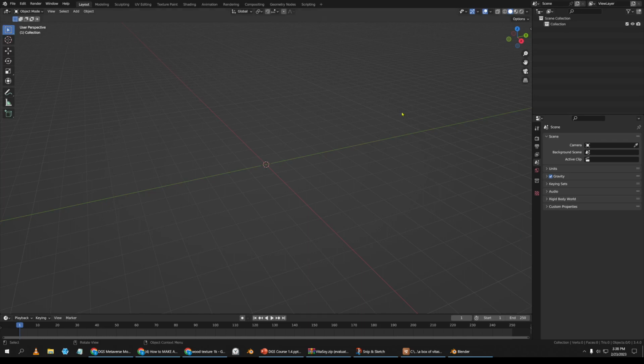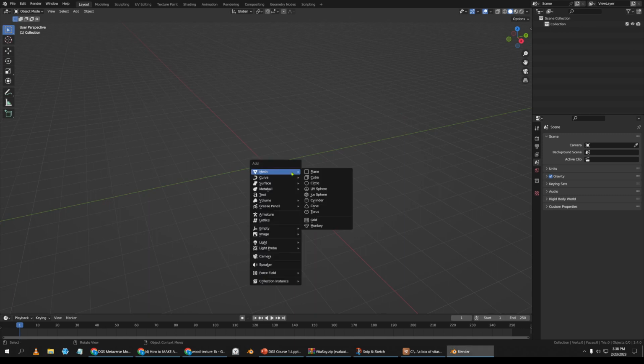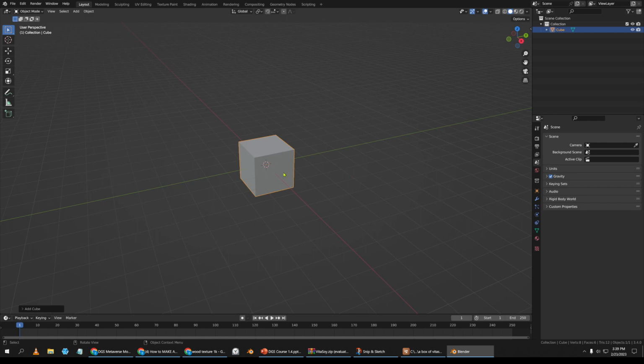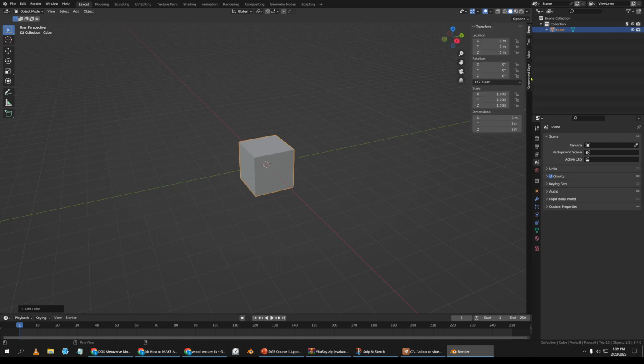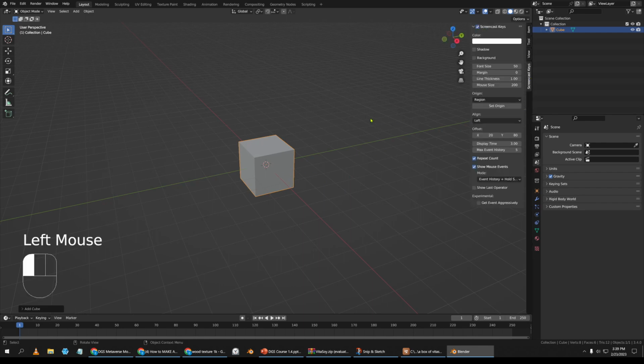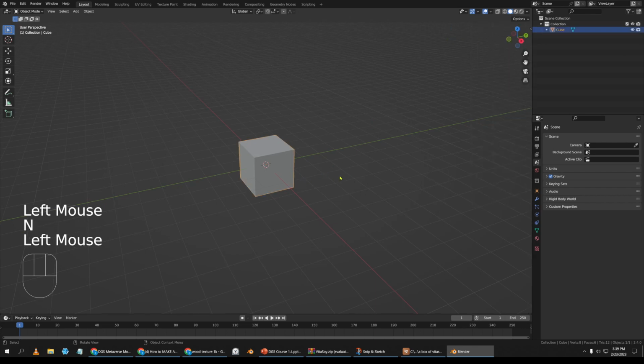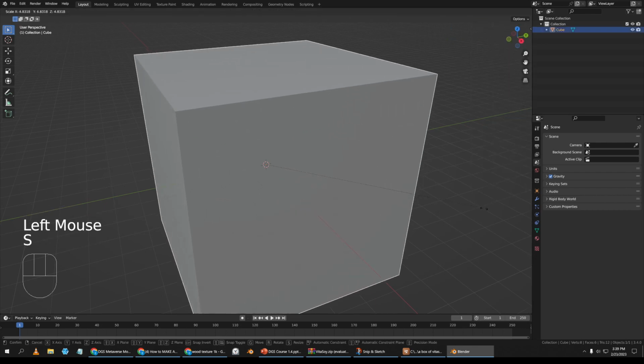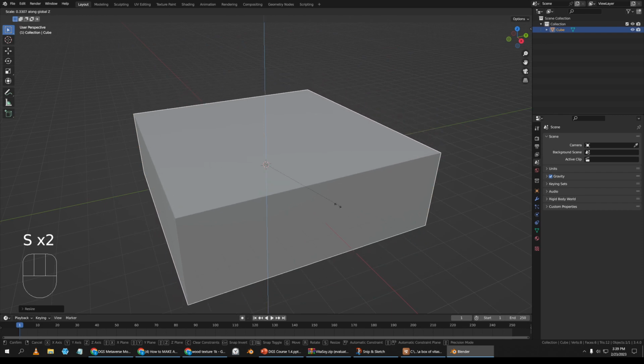Okay, in this tutorial we will create a table. So a basic flat piece of board with 4 legs. So I'll start by adding a cube, and of course always forget to turn off my screencast keys. Here we go. Add the cube, scale it out, squish it down,